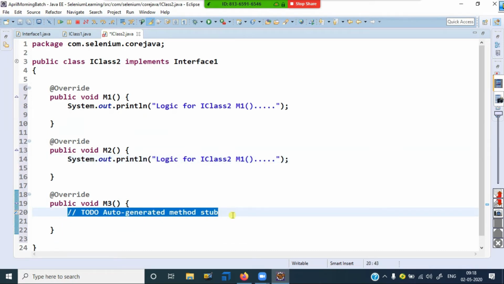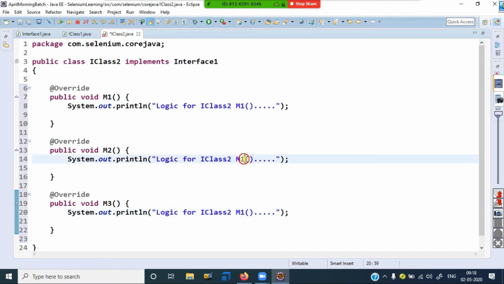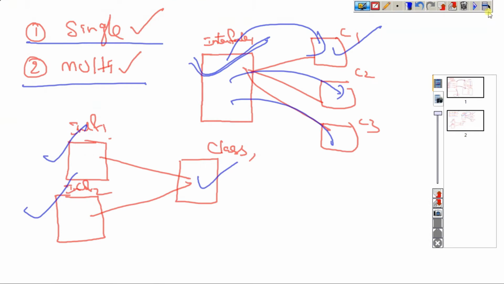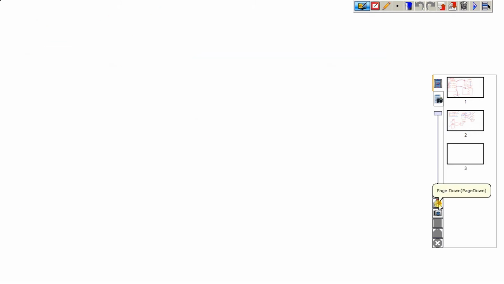Right, I can go for that, but this is method 2. This is how we can create it. So two interfaces. In the same manner, if you require a third interface, you can create that also, no problem. This is called an interface. Fine, a single interface. Okay, let's start the discussion.